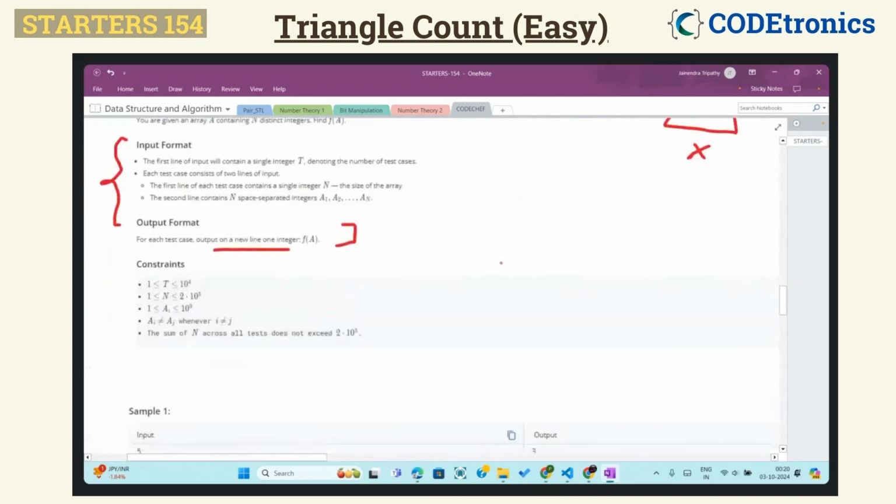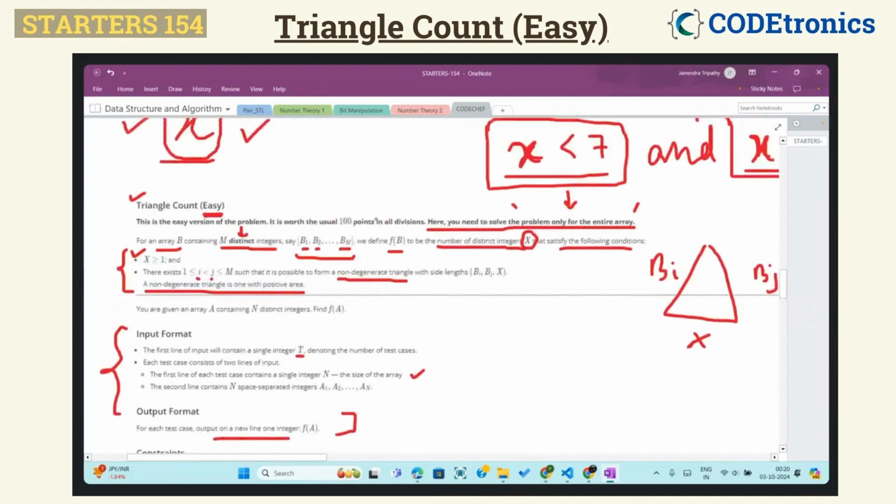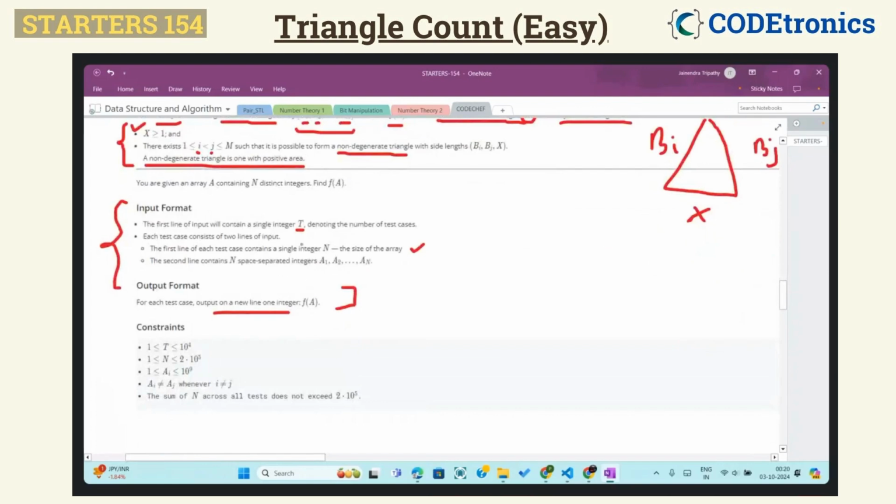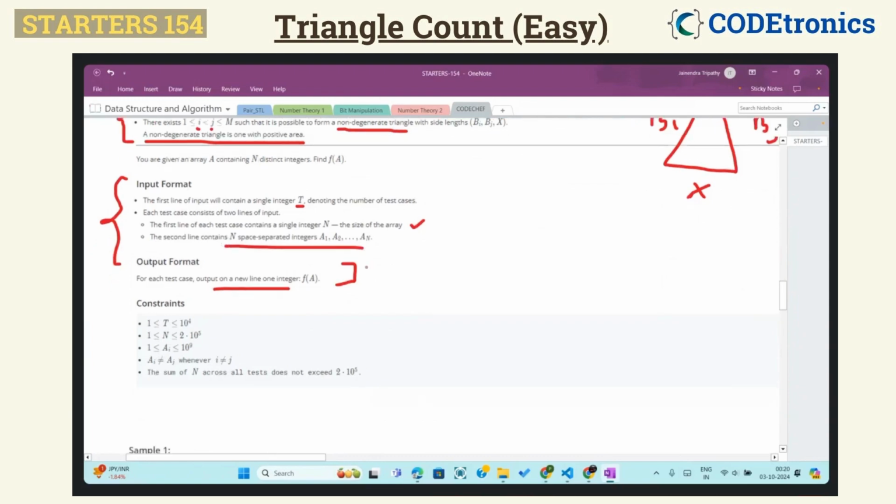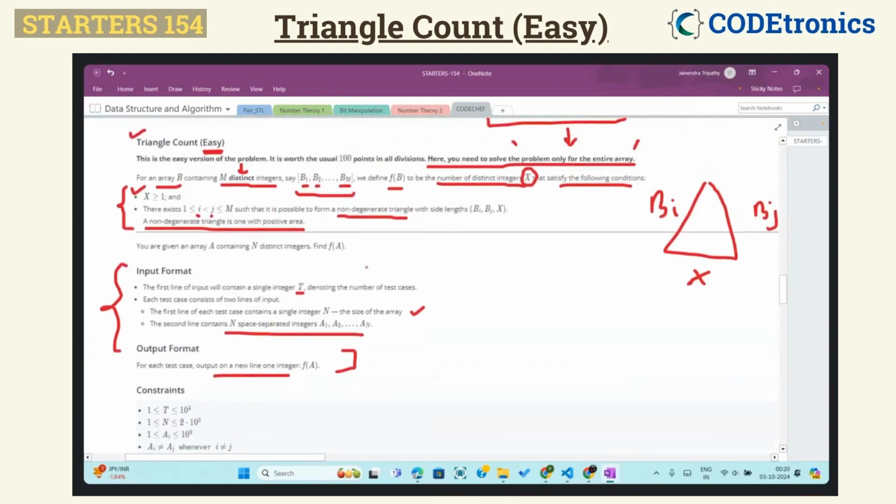Now moving ahead, what is given as input? We are given a number of tasks t, then the size of the array b, which contains n distinct elements. Obviously the n elements are going to be distinct. Now what we have to do is choose two values, i and j, or say a1 a2 or a1 a3, or say ai aj, and we will have one x. We have to find what the possible values of that x are for that particular ai and aj,